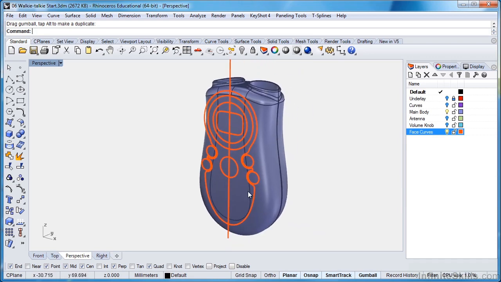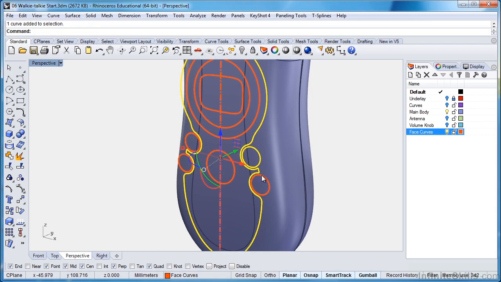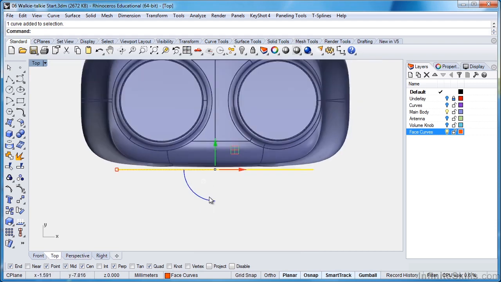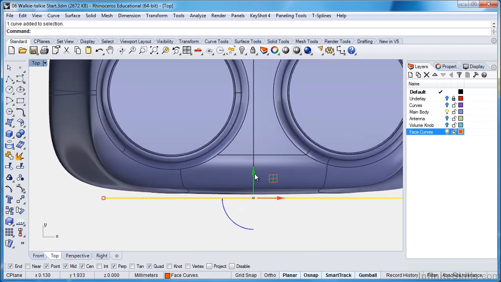So when I'm working on this, I want to work from the outside and work in. So the first thing I'm going to do is select this main outer curve and then my 4 button curves. And I'll switch to my top viewport, and I'll explain why I want to do that. I'm going to extrude a surface into the body here, and we're going to use that to cut away from